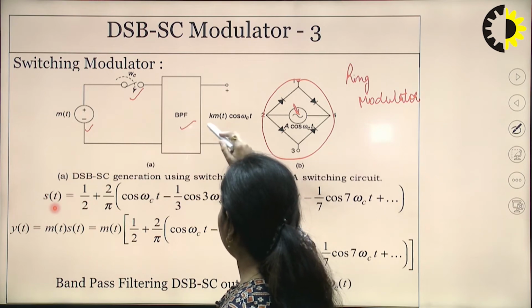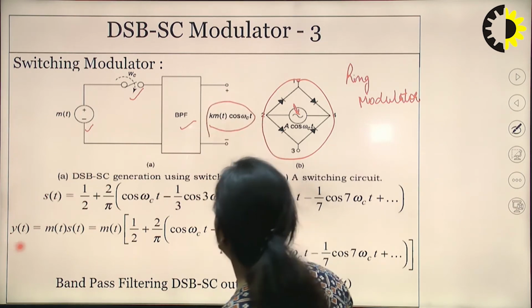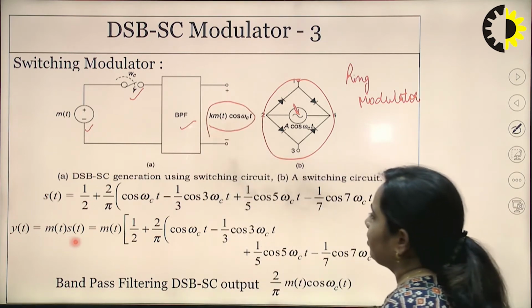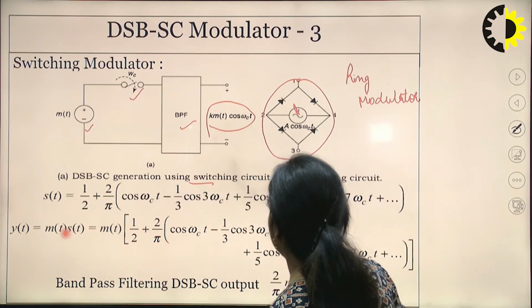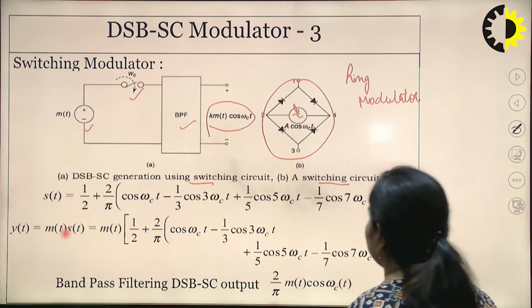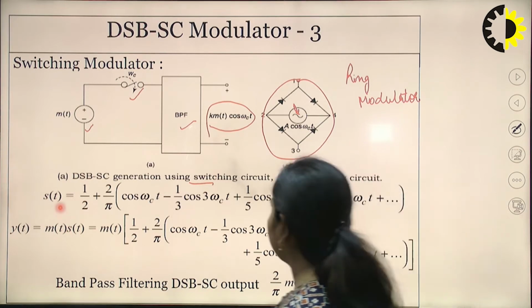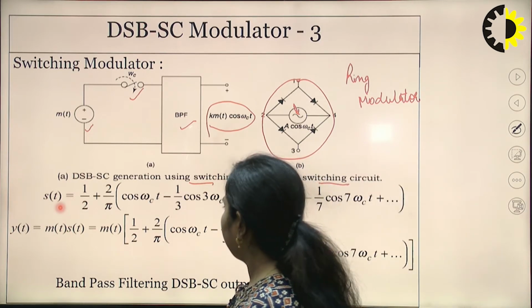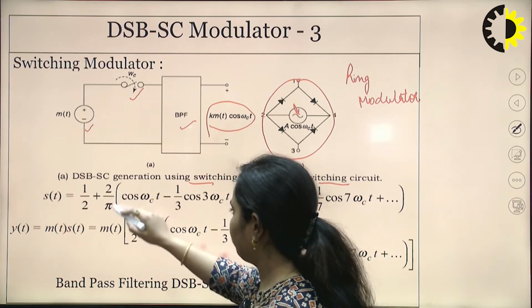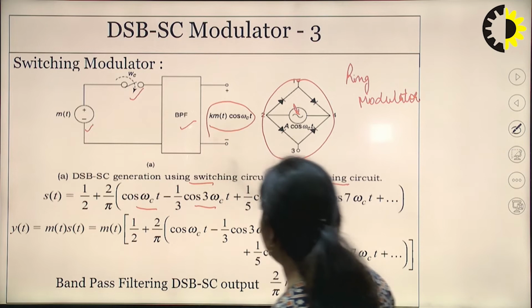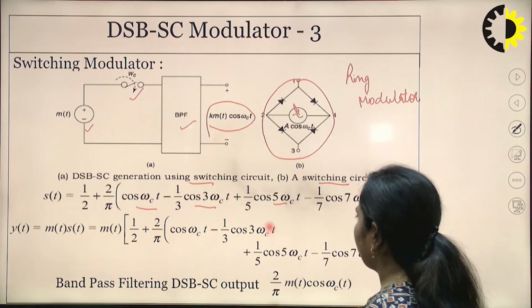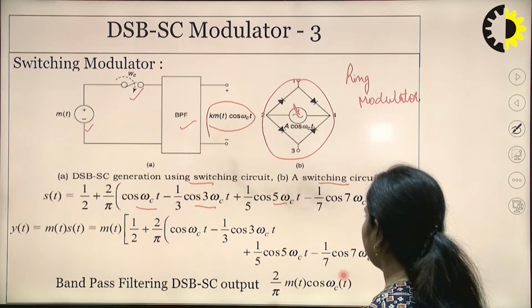At the output of the band pass filter we are having this signal that is km(t) cos ωct. So figure A is the DSB-SC generation using switching circuit, and B is itself a switching circuit. So s(t) can be written as 1/2 + 2/π [cos ωct - 1/3 cos 3ωct + 1/5 cos 5ωct - 1/7